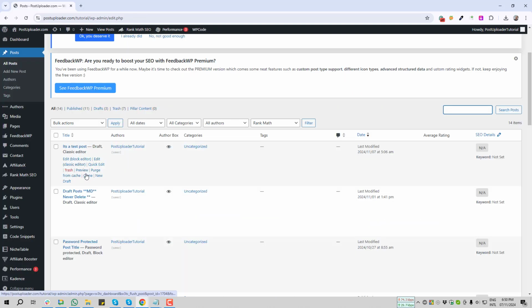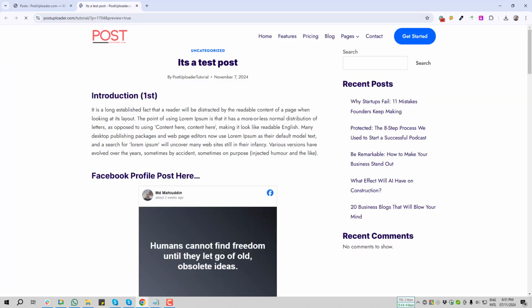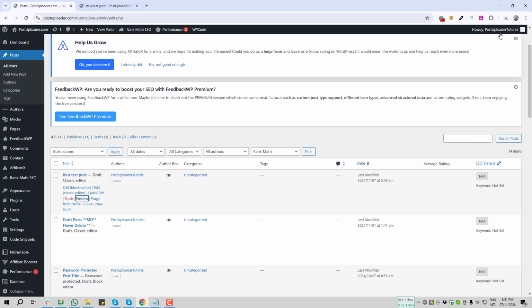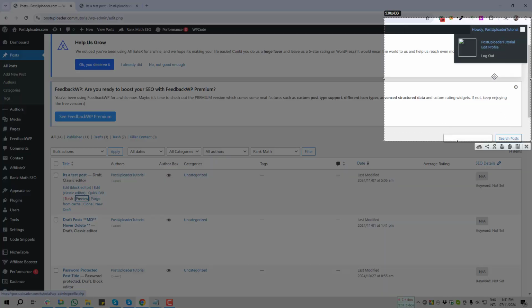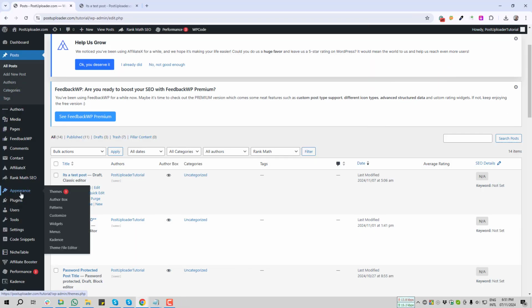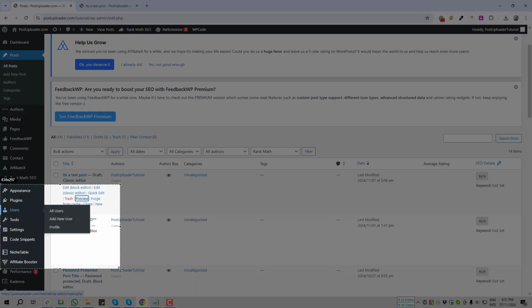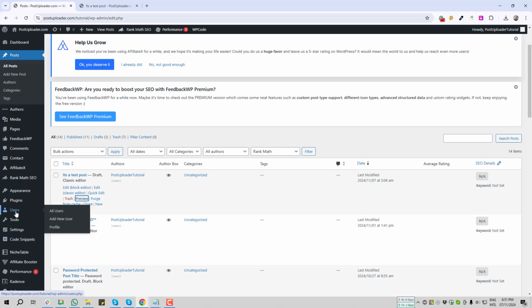So as you are seeing right now, when I am giving the preview, at that time the toolbar is not displaying. So if you want to display this toolbar, you have to go to your edit profile section, this section. From here you can go for edit profile, and in another place you will find the same option. You can go to the user option. So click on user